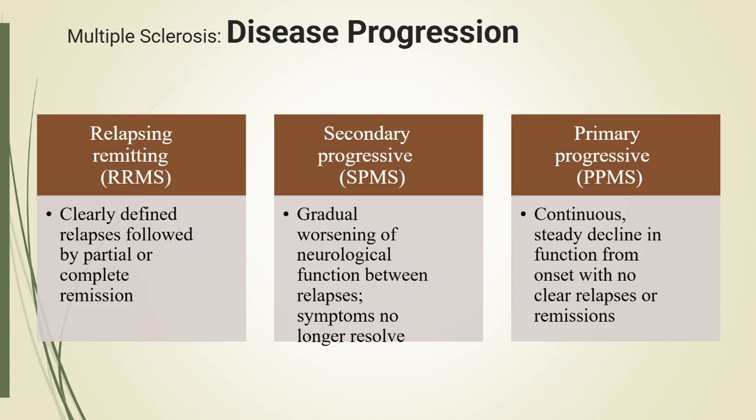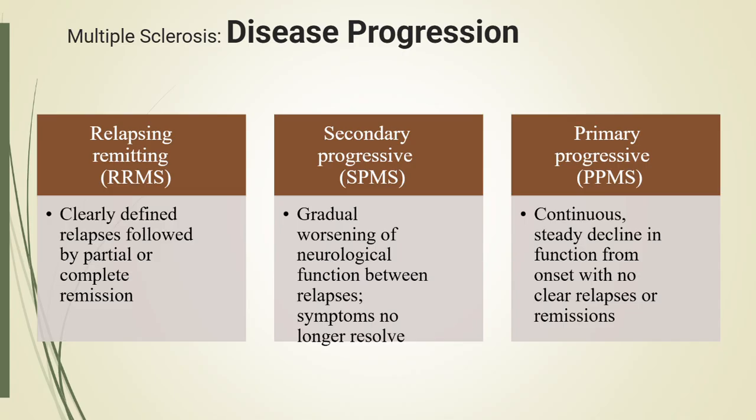The most common form of multiple sclerosis is relapsing remitting multiple sclerosis, or RRMS. This form accounts for about 85% of initial multiple sclerosis diagnoses. In RRMS, patients experience relapses, also called flare-ups, or exacerbations, where symptoms become worse or new symptoms appear. These relapses are followed by periods of remission where symptoms partially or completely resolve. Some patients return close to their baseline between attacks, while others may retain mild deficits after each relapse. RRMS is often the stage where disease-modifying medications are most effective.